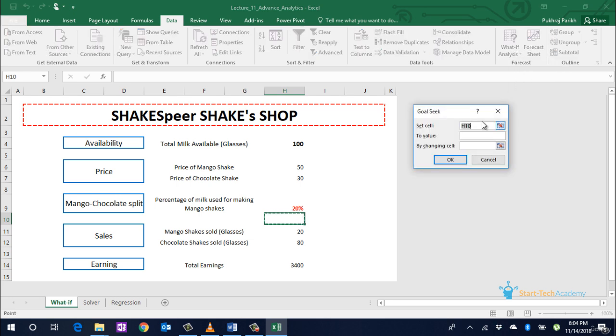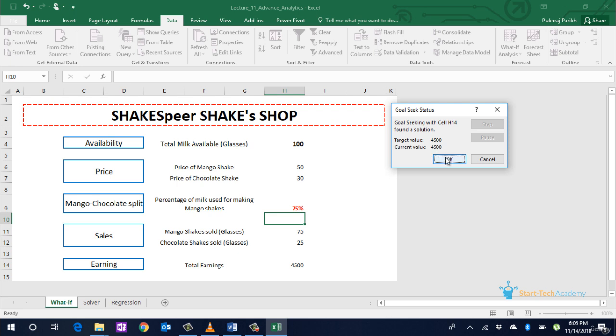You see three options. One is to set the cell, which will be the 3400 value right now, to value 4500, which is my goal, by changing cell, the percentage cell that I have, and click on OK. You can see that the hit and trial was done by Excel and it has reached a solution of 75%. So if I sell 75 glasses of mango shake and 25 glasses of chocolate shake,